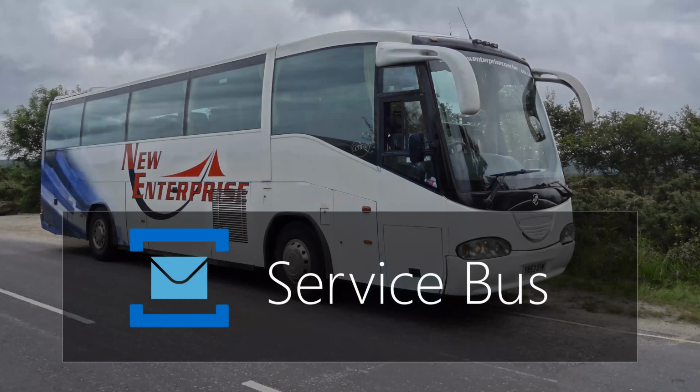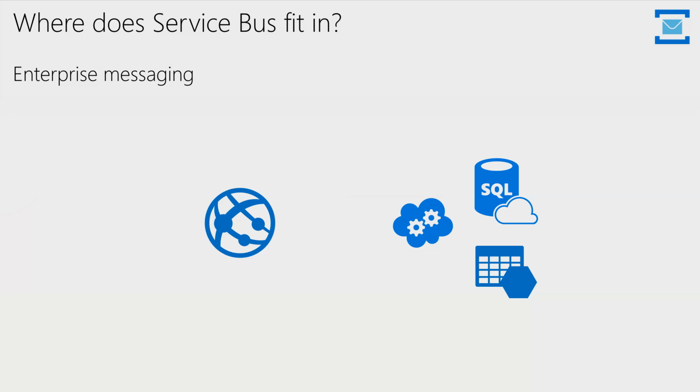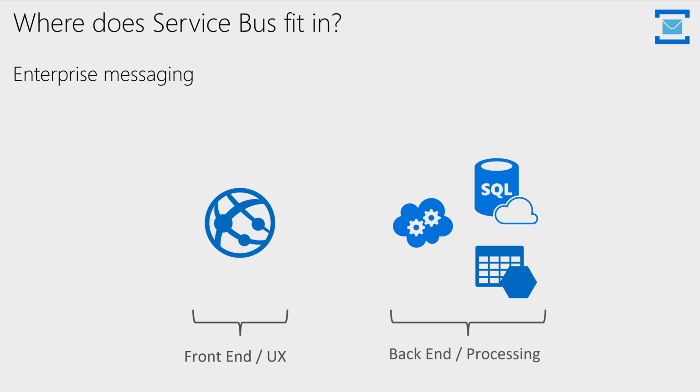The next messaging service is Azure Service Bus, also known as Enterprise Service Bus. Now let's look at the traditional environment where Enterprise Service Bus fits in. For example, e-commerce, where we have a front end where customers can post their orders. Those orders are not processed on the front end. Usually they are processed on the back end, which is scaled differently. And the communication between the front end and the back end is done via a queuing or messaging system.